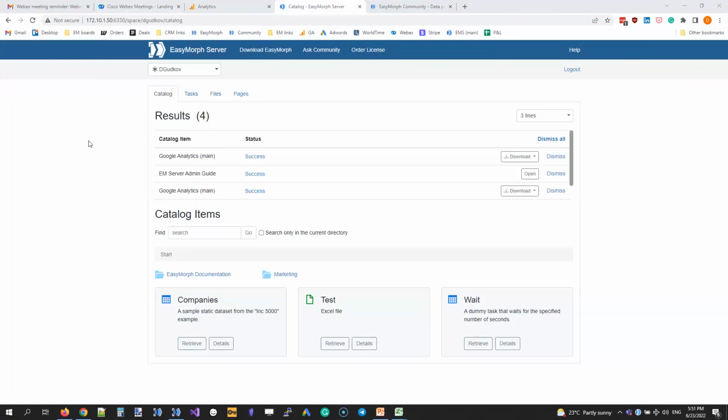Gotcha. So, Dimitri, what if you have spaces for several customers, and you host the data for them, so they can access their own space with their own data. Is that a typical situation? What do you suggest to do? Yes, it is possible. In this case, you can protect the space with a password. If the space is password protected, clients won't be able to see the data of each other.